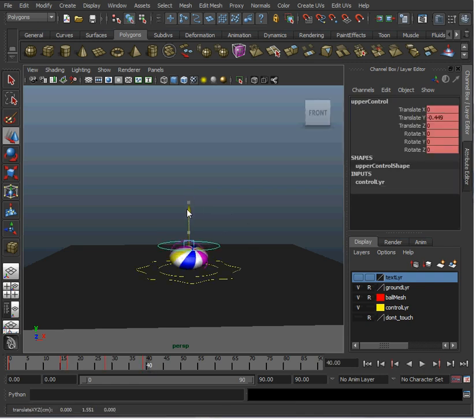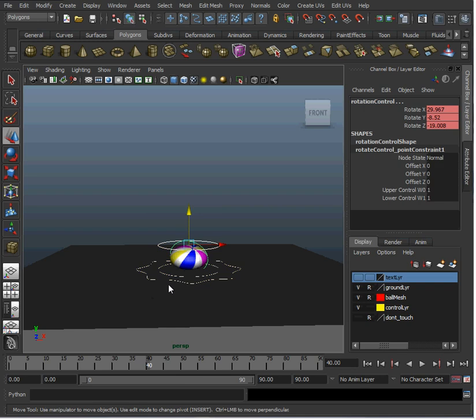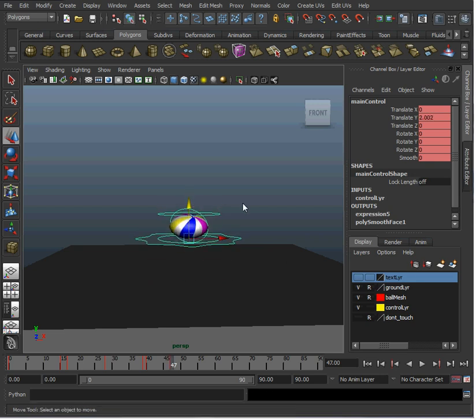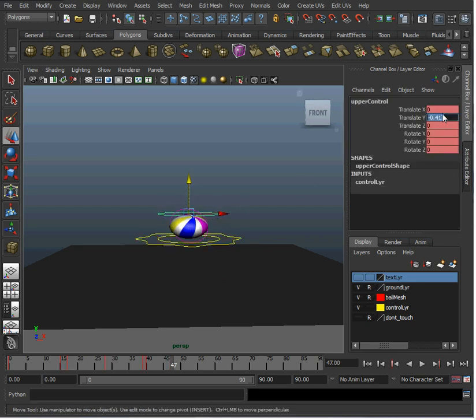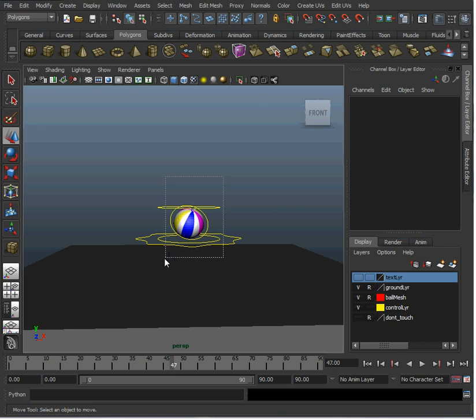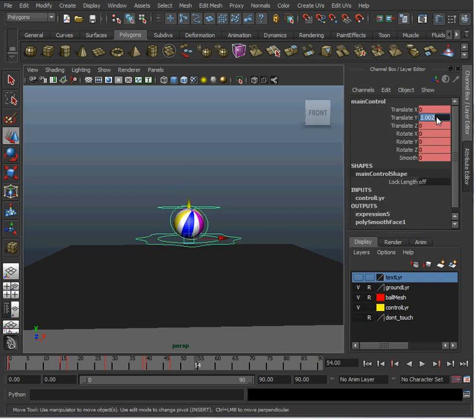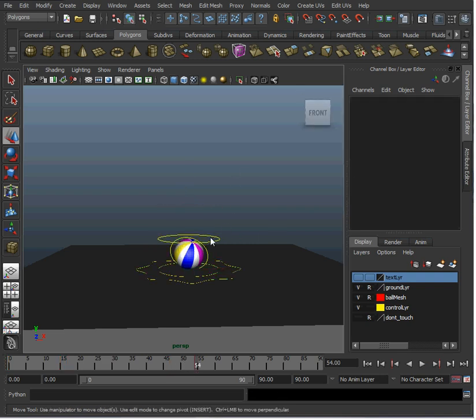I'm going to key everything, and then I'll have it bounce up one more time. I'm going to only have it take a couple frames to bounce up, maybe just 7. So let's go to 47. Have it go up just a little bit. Select the one on the top, type in 0 so it maintains its volume, and hit a key, and then it takes 7 frames to go down, so that would be at 54. Type 0 in for this, and just have it stretch up just a little bit. Select everything and set a key.